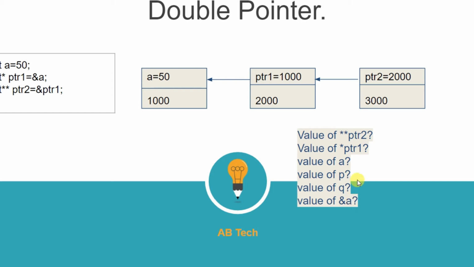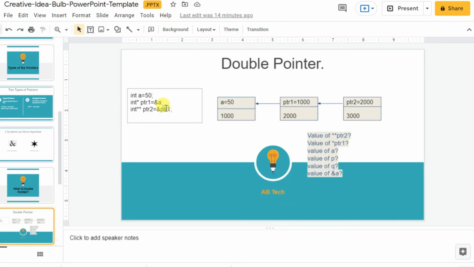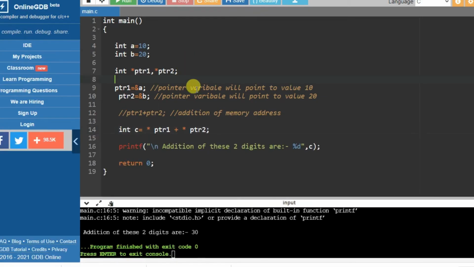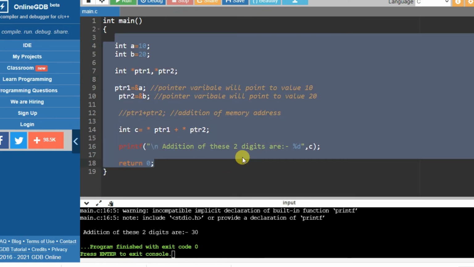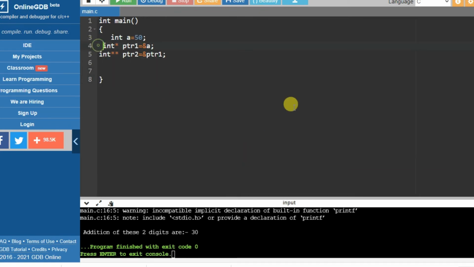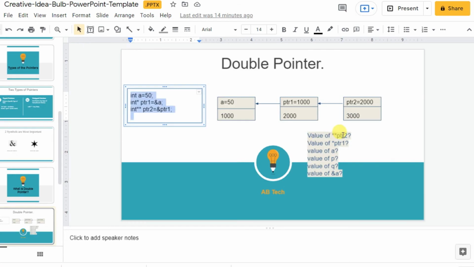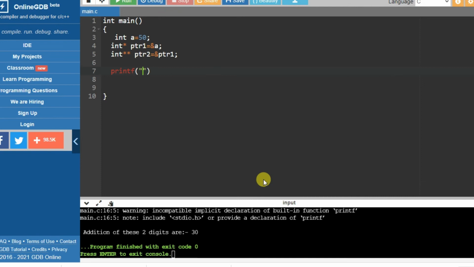So what we will do is run this code and cross-check it with this definition. Let's copy this and paste it here, and we will print the values one by one. So here, printf. What is the first thing we want? We want the answer for the value of **ptr2. So the value of **ptr2 will be